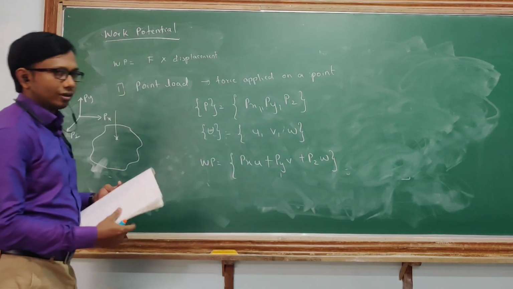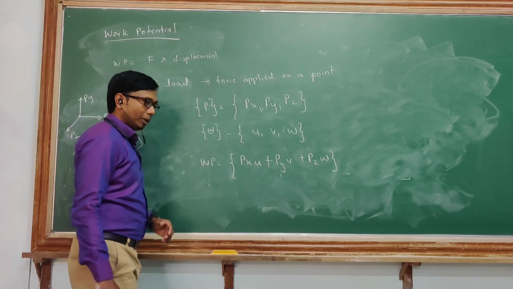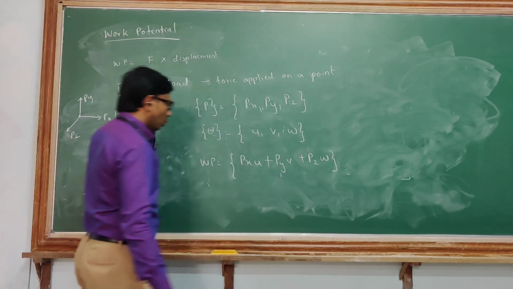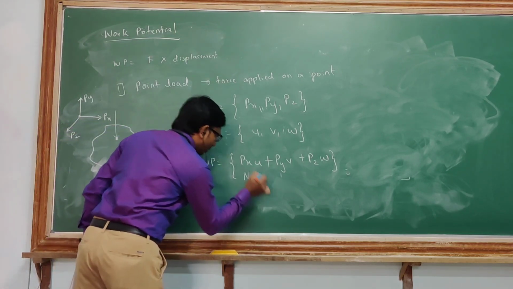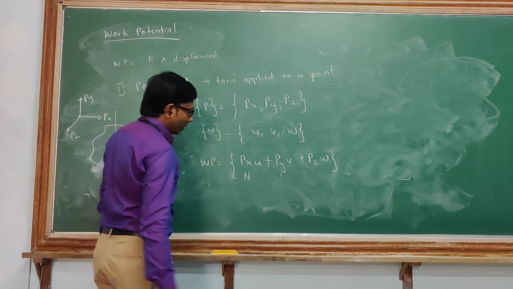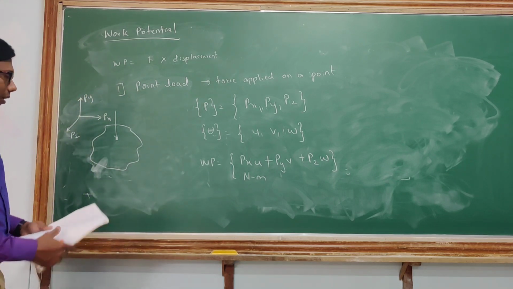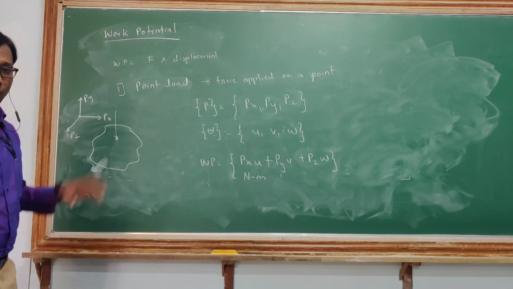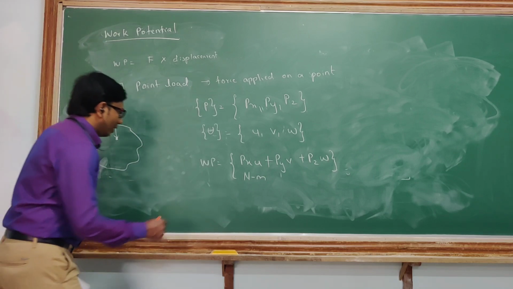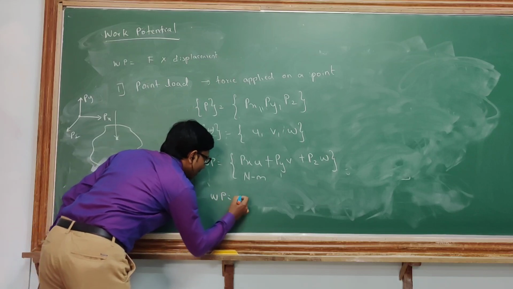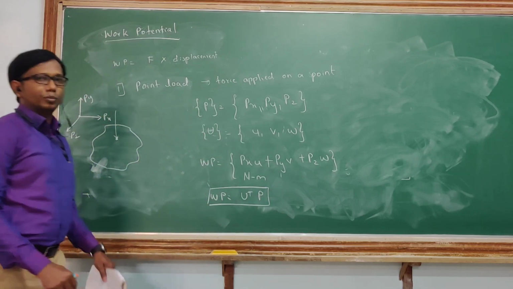Now just see the equation, whether it is balanced or not. What is the work potential unit? It is Newton meter. What is a point load? It is just a load acting on a particular point, which is directly given in Newton. What is the displacement unit? It is meter. So you need not do any integrations here. Whenever a point load comes, you just do the algebraic addition. So in general, we will write work potential as U transpose into P.